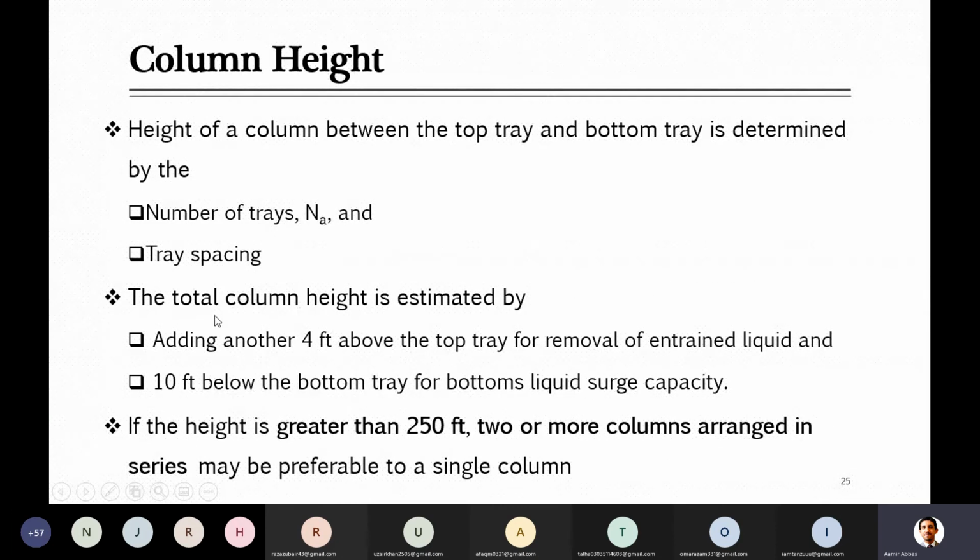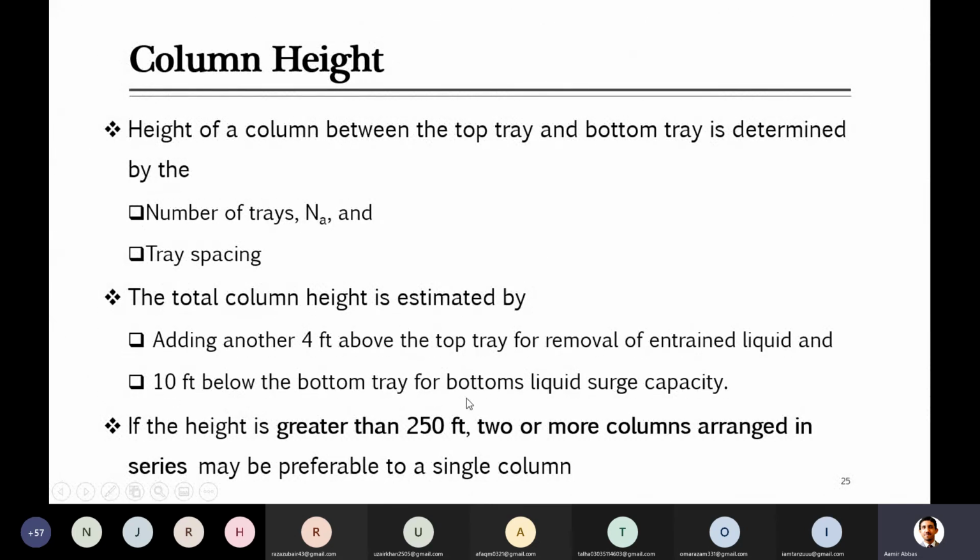But additionally there are a few things which you have to add to determine the total height of the tower. These are some conventions when you are going to design the column or decide the height of the tower. So you have to add 4 feet above the top tray, and that is needed for removal of undrained liquid that is going upward with the vapors. That liquid should be removed just before the vapor leaves the tower. So 4 feet is added at the top of the top tray,